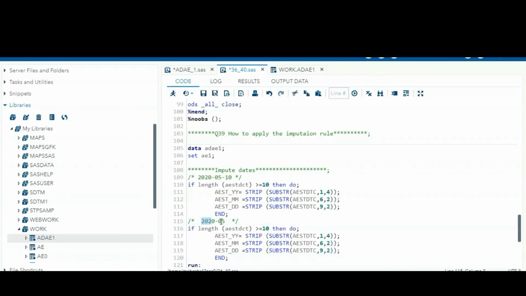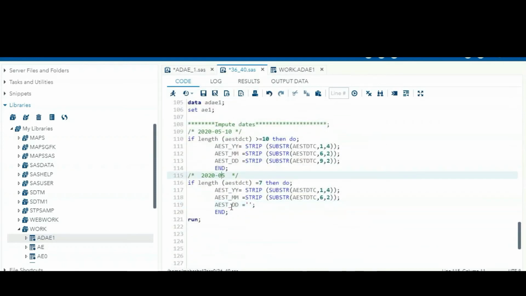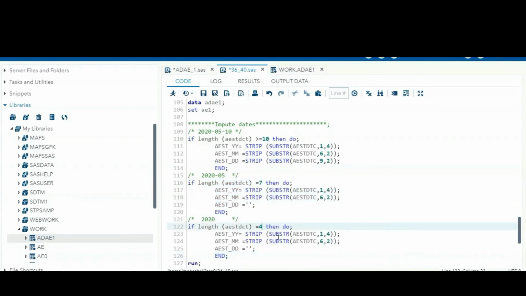What is this length? 4, 2 and 1 dash, total 7. So if it is equal to 7, then the date part should be missing. Only the year part and month part are present. After that, if only the year part is present, meaning only 2020 is present in the AESTDTC column, in that case, if it is only 4, then the month part can also be set as missing.